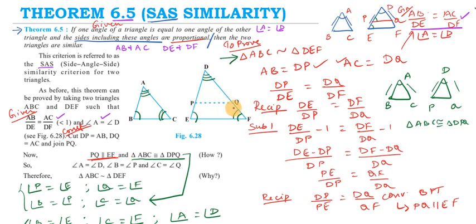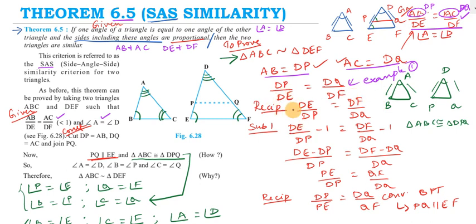PQ. Once we have done this, we are going to substitute. See, my AB is equal to DP, AC equal to DQ. So this I am going to substitute here. So instead of AB, I will get DP, and instead of AC, I will get DQ. That is what I have written here. So DP by DE is equal to DQ by DF. I told you it is the corollary of the basic proportionality theorem, or I can say this is example 1. So in that you can refer.